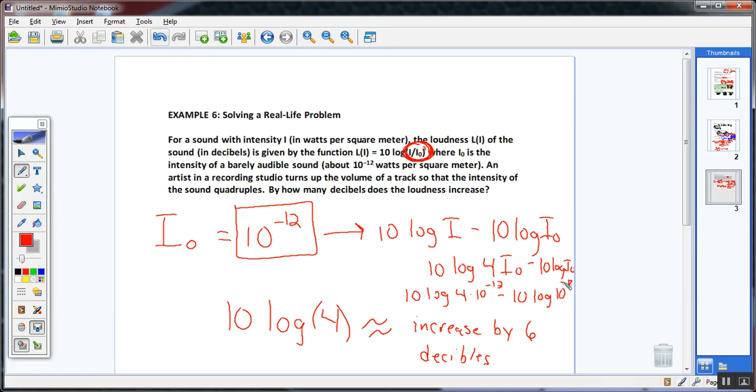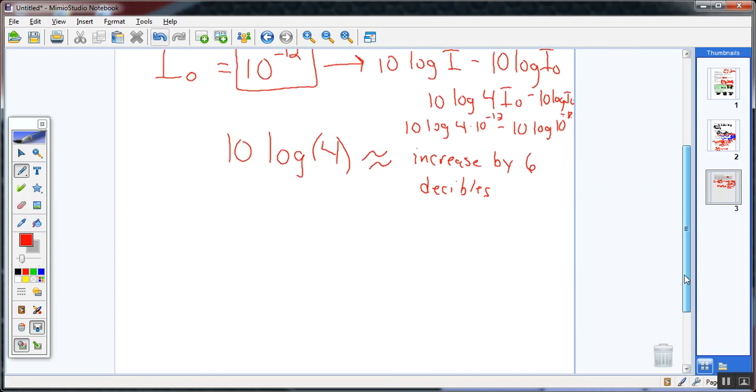Okay? Now watch what I do here. When I have this minus part right here, I can put this back as division. So this could really become 10 log of,